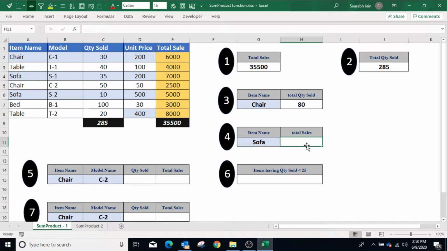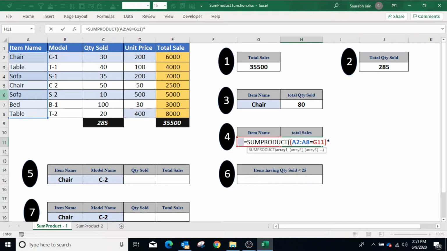Now similarly, to find the total sales of a particular item, type equals SUMPRODUCT, open bracket, then open bracket. Now in column A we have to check the item, so select A2 to A8 and compare it with G11, in which we have mentioned the item name, asterisk sign.